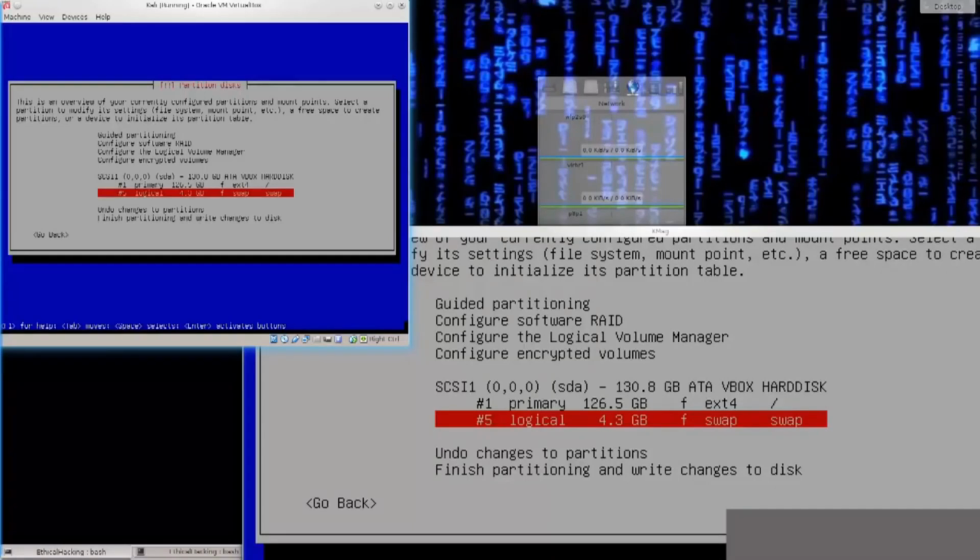Usually swap partitions are configured to the double size of your RAM. My RAM is 8 gigabytes, but here by default the computer has assigned 4 because this is a virtual machine, and if you remember at the beginning I have assigned 2 gigabytes of RAM to this virtual machine, so it just multiplied it by 2. It wasn't exactly 2, it was just above 2, and it has multiplied it by 2, so I get 4.3